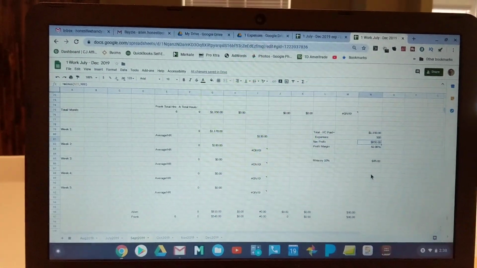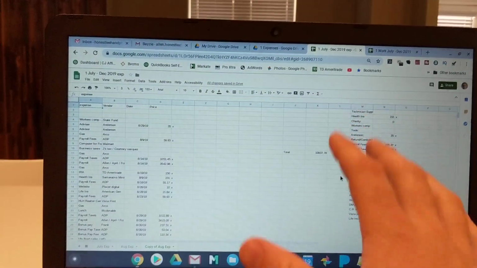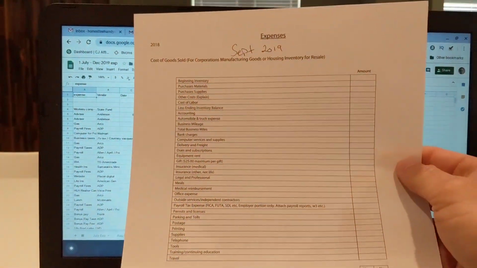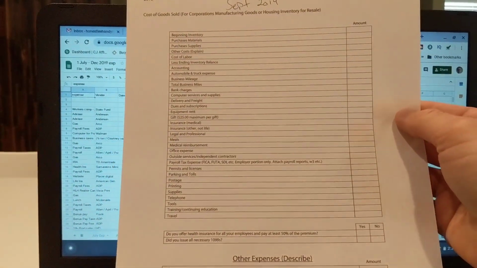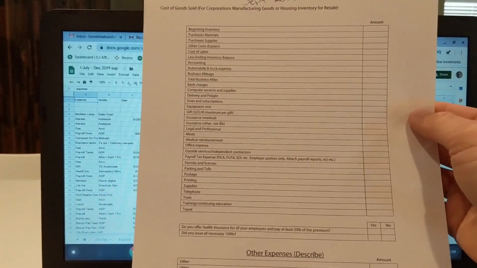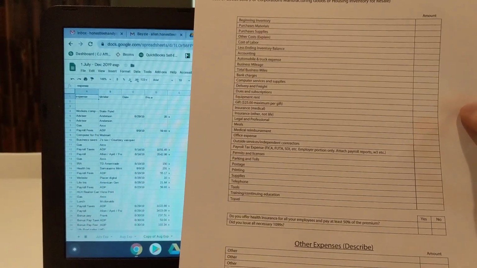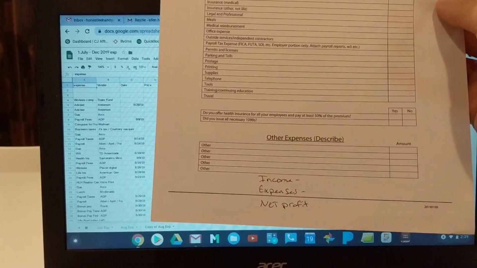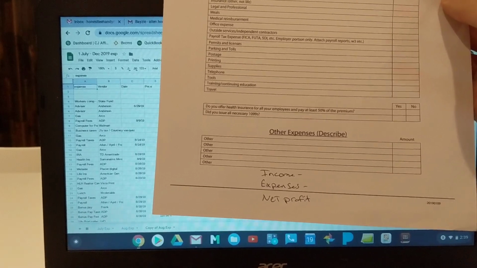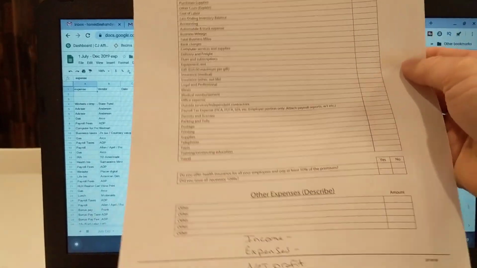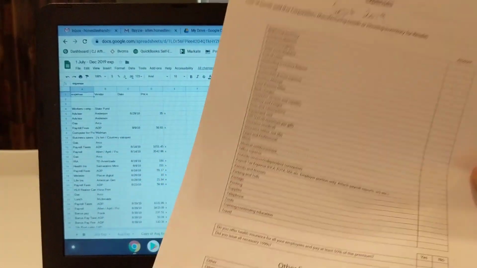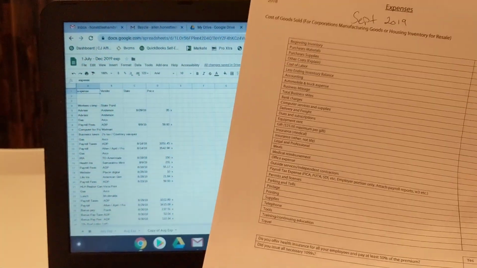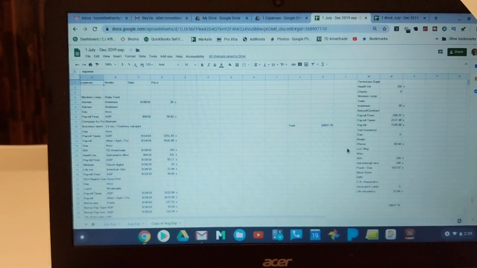And then once you have that, I love to take this expense platform and put it onto paper. So I have a printed out sheet of paper just like this that will basically have all of the same expenses that were found on the online Excel spreadsheet. And basically at the bottom there you have income, expense, and net profit. So I love to do this just because that way I have it on paper and I also have it online. Basically the same thing transferred over,